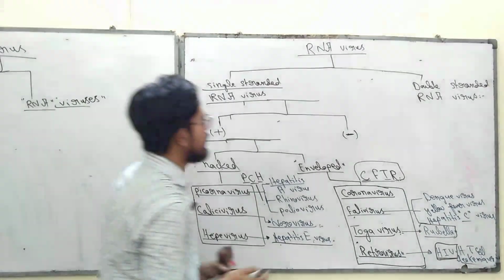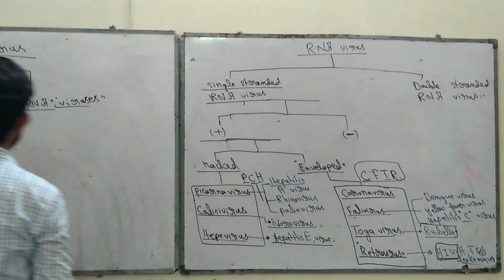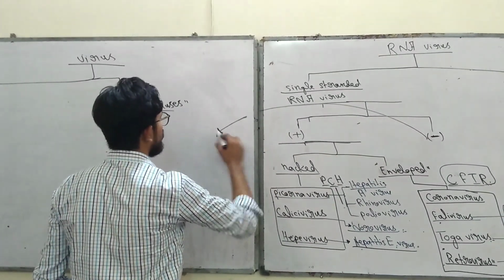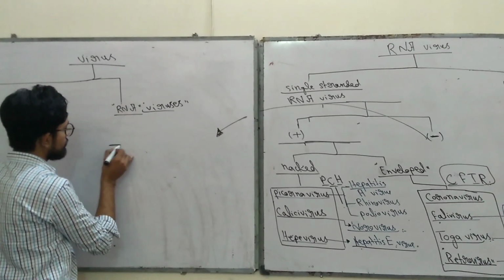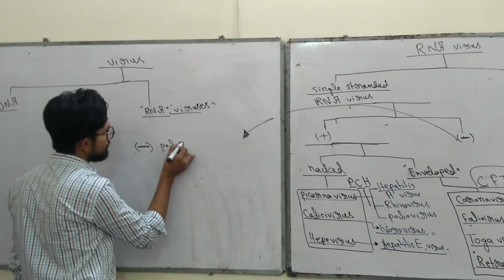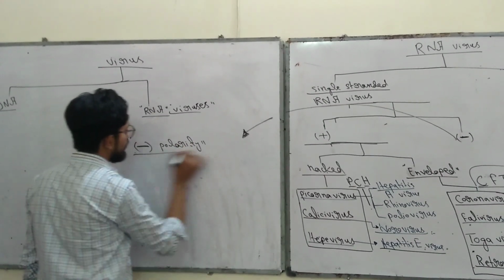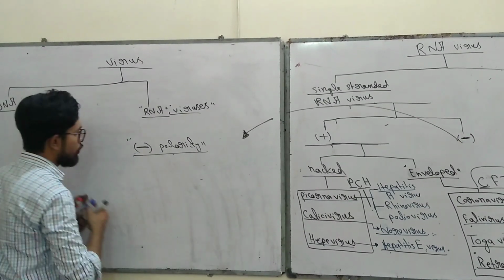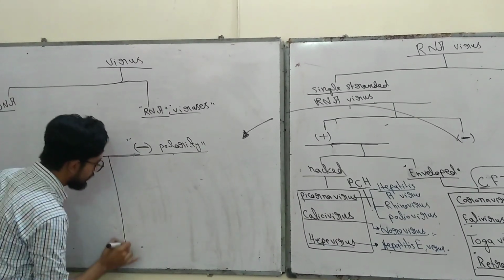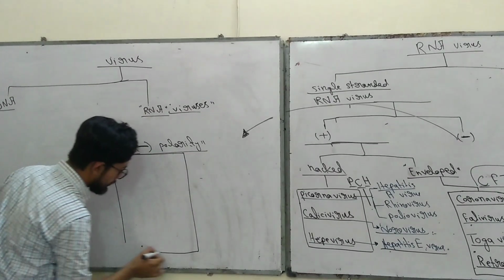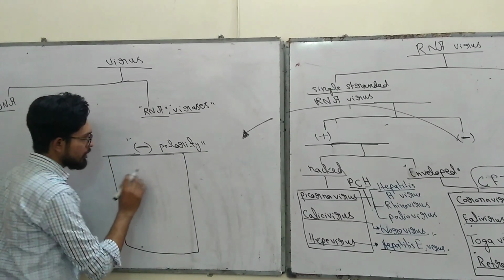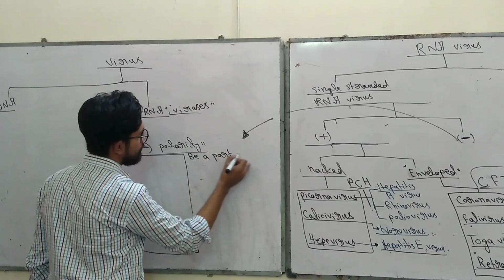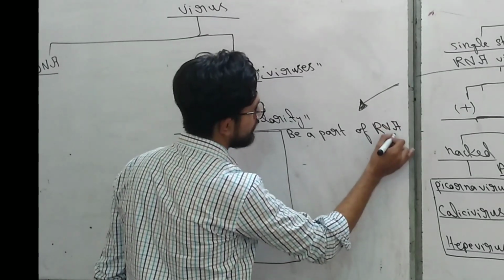Now time comes to classify the negative polarity viruses. So first of all, negative polarity means their RNA does not directly act as messenger RNA. So first of all, I want to divide them on the basis of their families, and here the mnemonic for these negative polarity viruses is BAPOFR, part of RNA virus.